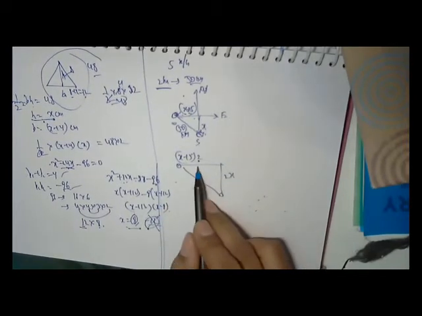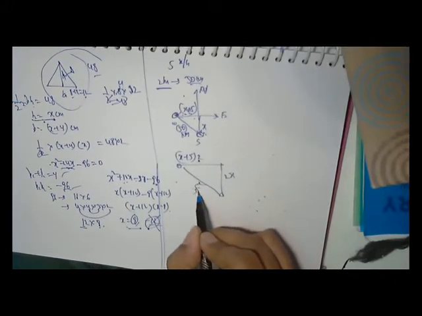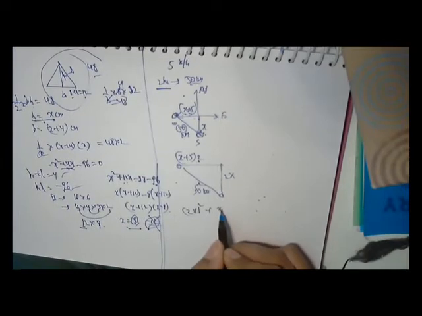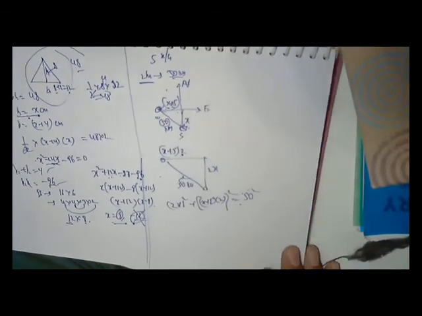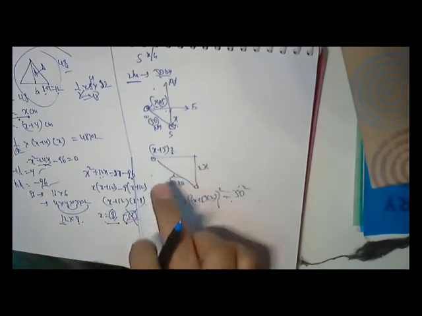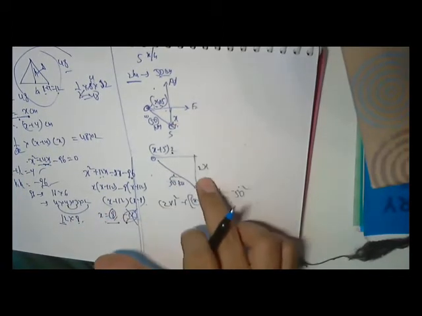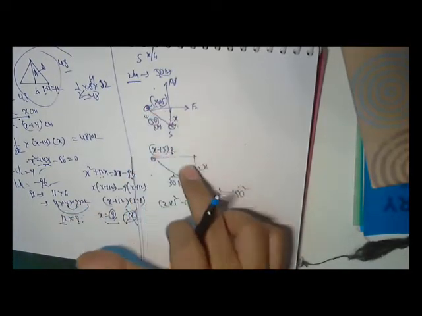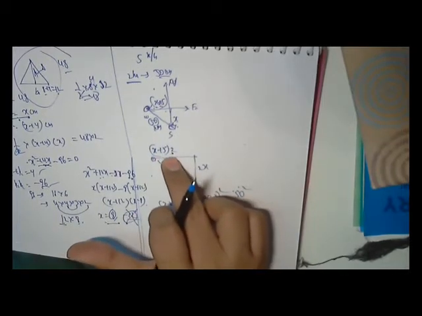So we have a right angle triangle. A square plus b square is equal to c square. This is 50 kilometers. So 2x whole square plus x plus 5 into 2 whole square is equal to 50 square. What is a? It took 2 hours at a speed of x, so 2x is the distance it traveled. The other is traveling at a speed of 5 kilometers more than this, so x plus 5 is its speed into 2 hours. So this is the distance it traveled.